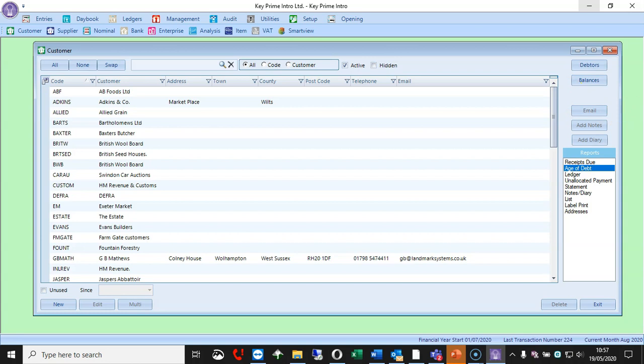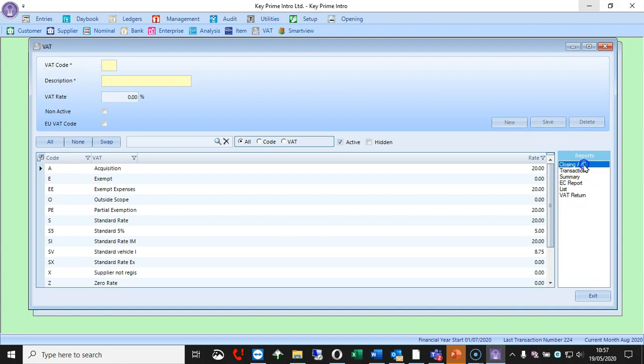What was the report for the accountant after the credit but before the nominal transaction? Probably the VAT closing account. So that was this one here, and the closing account running that report.